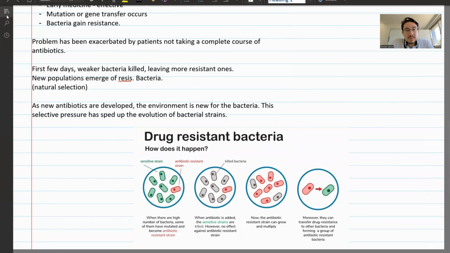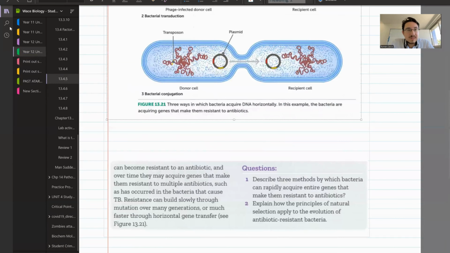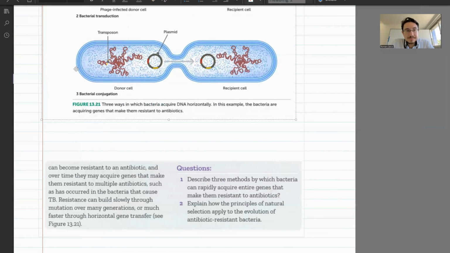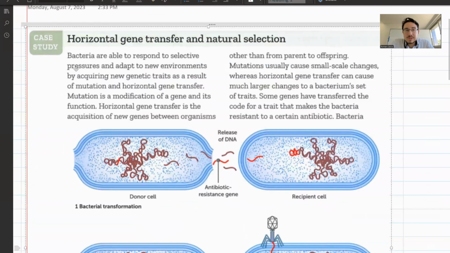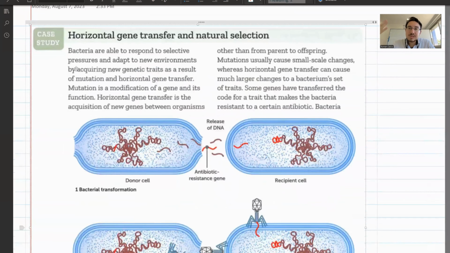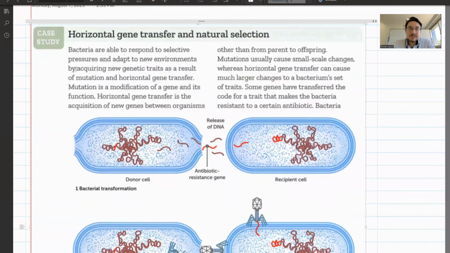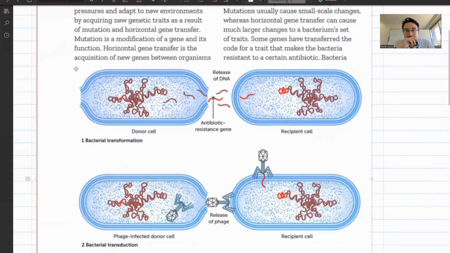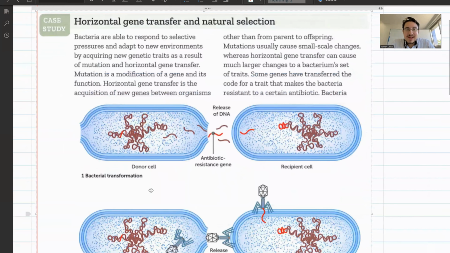There are several ways in which a bacteria can get resistance, right? You do need to know this. Okay. This is referred to as horizontal gene transfer, always relating to natural selection. There are several types. As you see here in the picture, you have bacterial transformation, where just sections of DNA, these antibiotic resistant genes,